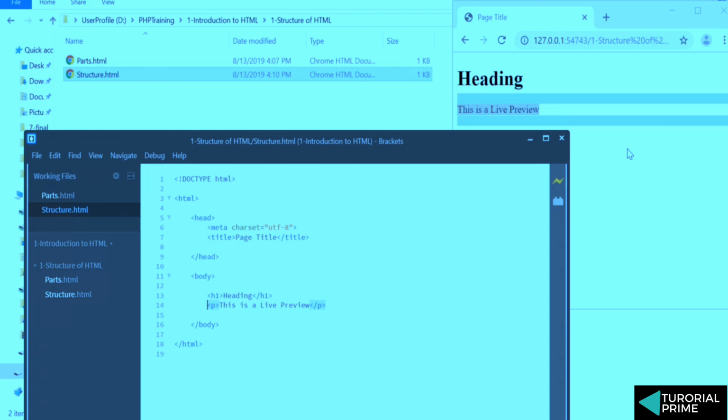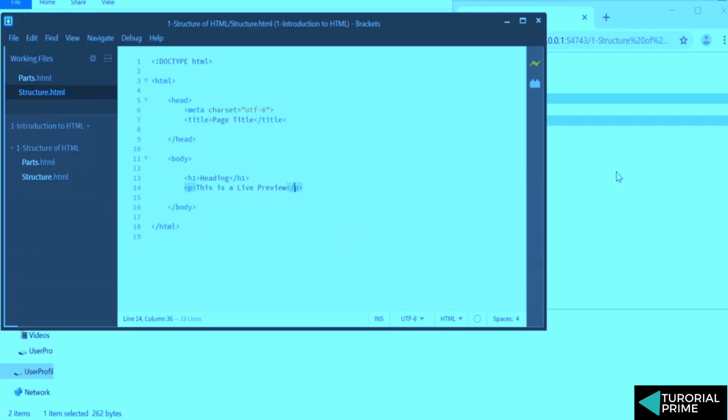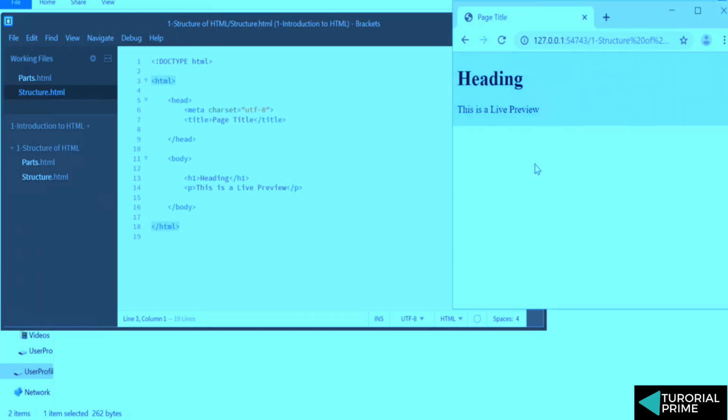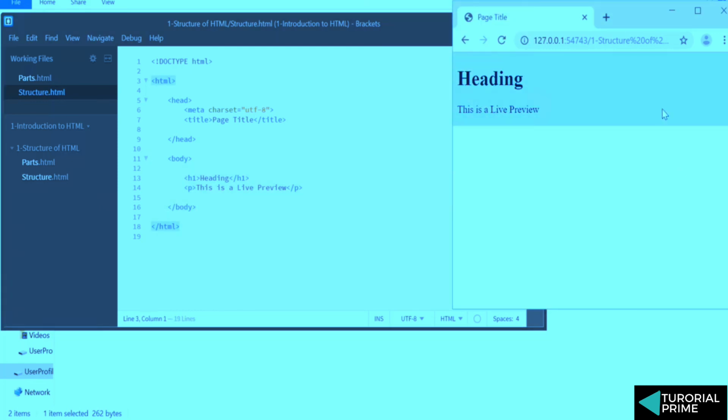It gives you this live preview, and it will tell you what you're trying to change. So if I click on heading, you see heading is selected. If I click on paragraph, the paragraph is selected. So you know which tag you're changing. And this is basically what the structure of the HTML looks like. And whatever you write under head tag is not actually displayed. The title is not displayed on the content area, but the title is displayed on the browser. Anything that you want to display on the content area, you write under body. Anything you want to describe about this page, you write under head.